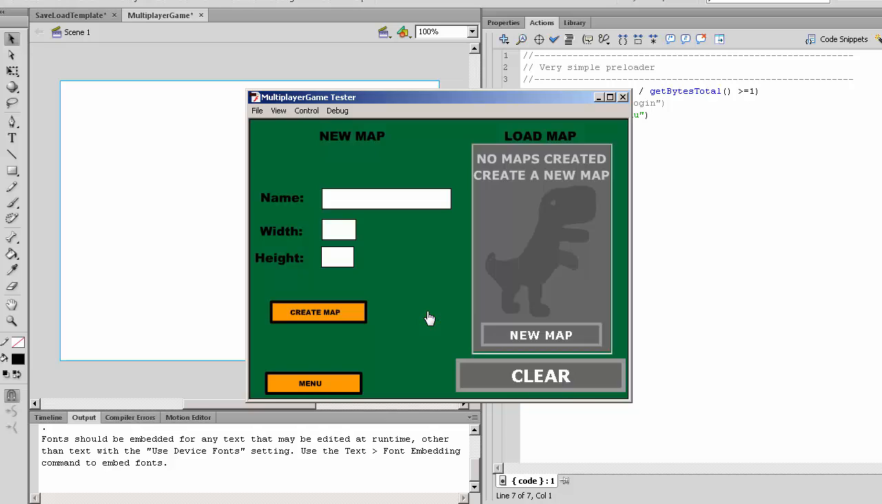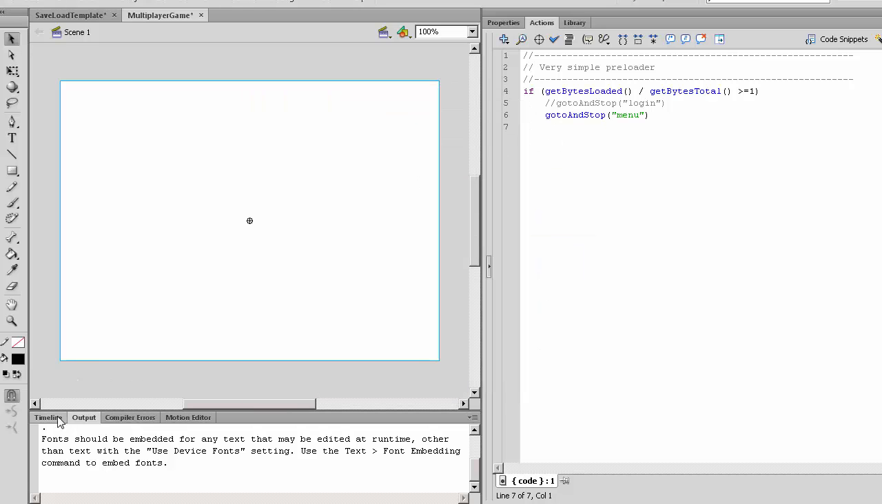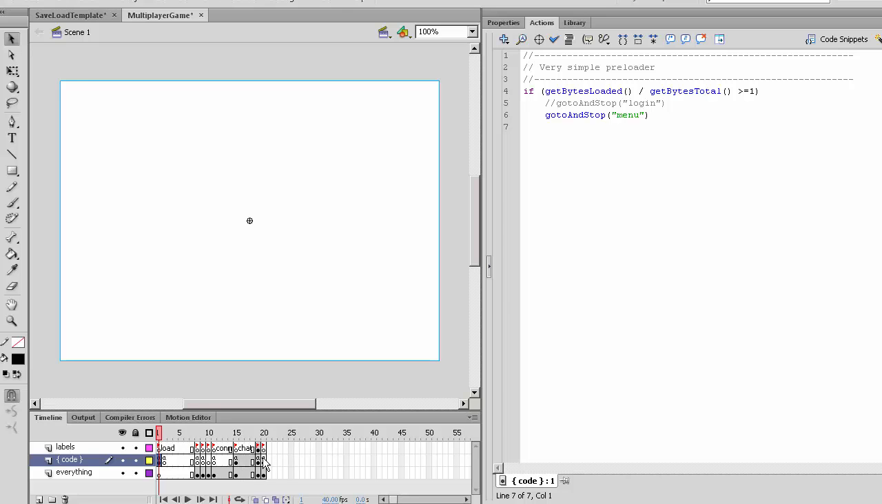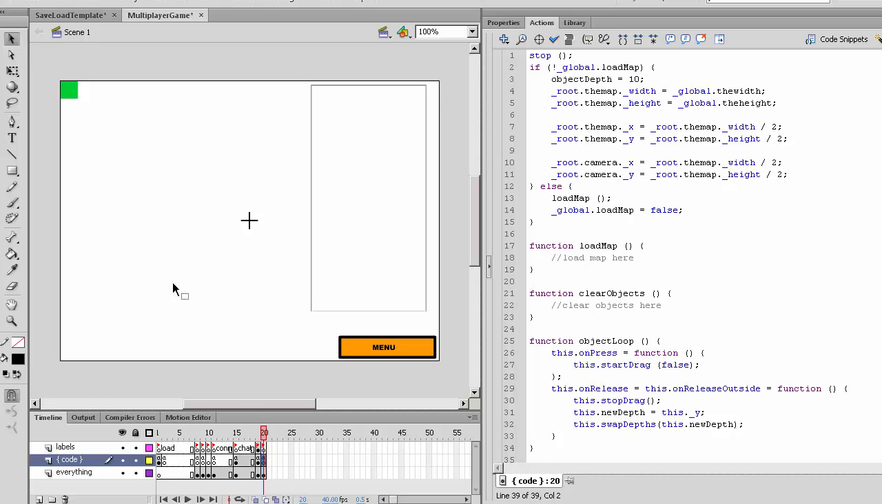So when we go to the editor, it will load up, no maps are created. And go to new map, of course we'll go over here, since that has a function to go to root.editor save, which is this. Now that we have that, we'll need to work on